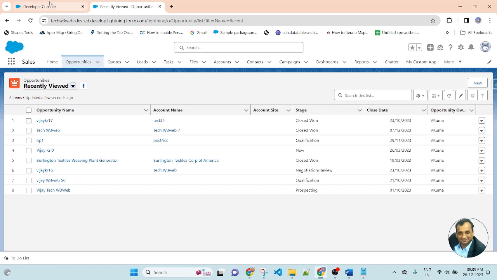So friends, in this lesson we have learned that if the opportunity record stage has closed on, then do not allow deleting the record of the opportunity. Before deleting the record of the opportunity, we are checking the stage of the opportunity. If the stage has closed on, then do not allow deleting the record. So this scenario we have achieved through Apex Trigger in Salesforce. Try to do it from your side in your personal org. If you are getting any issue, please write in the comment box.